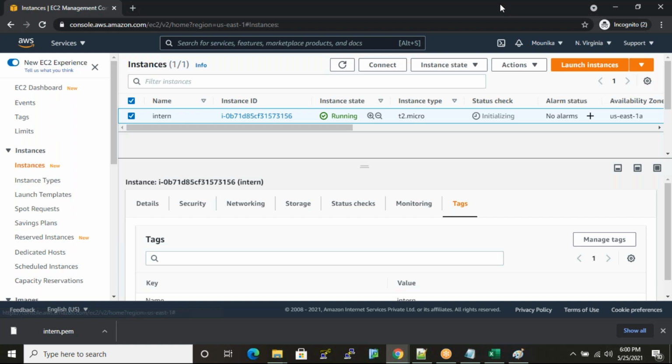Any doubts in instance configuration you can ask. We'll continue tomorrow. We just created this, and we already added security groups for HTTP and HTTPS. Why are we adding those? Because using this instance we can launch and dump our web application. That's why we are adding the two security groups, HTTP and HTTPS. Those concepts we will discuss in tomorrow's session.